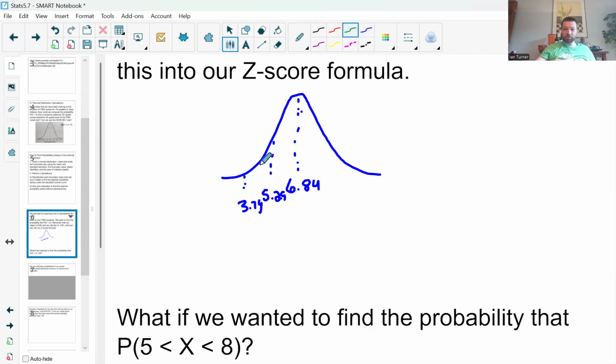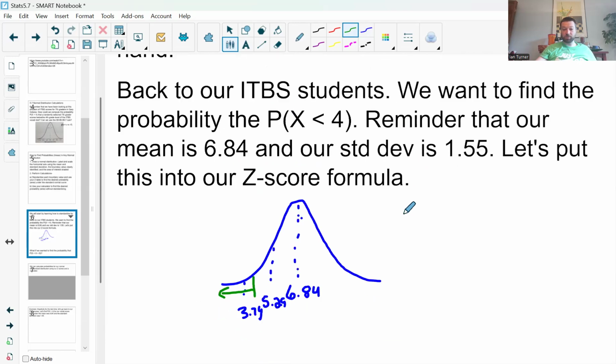Okay, so let's change color here. So 4 is going to be right here. So we're going to want all the area to the left of that. Again, we're going to have to use our z-score to help us find that. Okay, so we want 4 as our value now. So remember, z is value minus mean divided by standard deviation. So here we go. So we got 4 minus 6.84